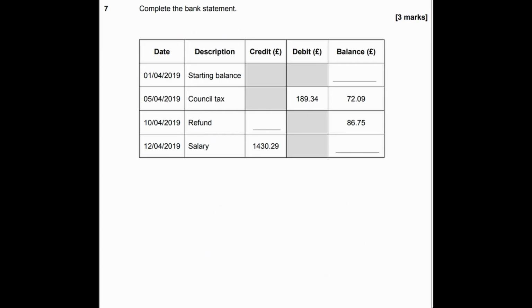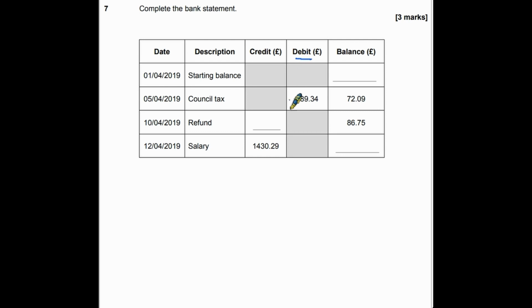We've been asked to complete a bank statement. So let's have a look at this. We have various dates, and the first thing we have is a starting balance with a space. So we're obviously being asked to complete the start balance. What we do know is that from the start balance on the 5th of April, we paid out a debit,